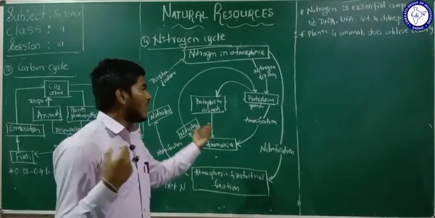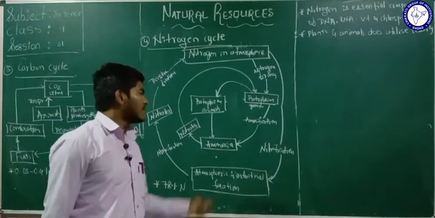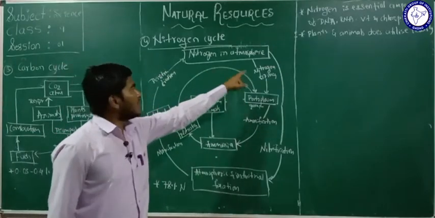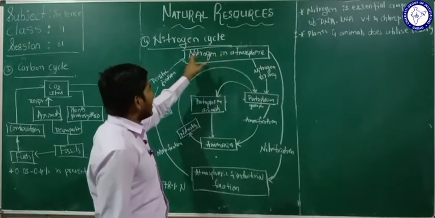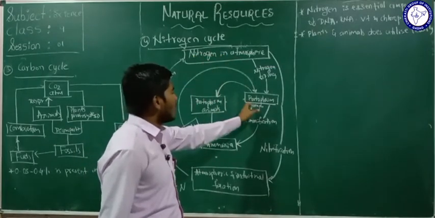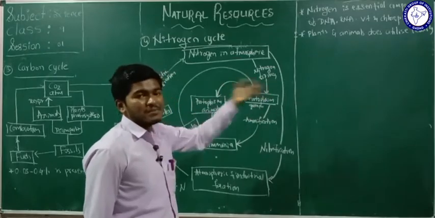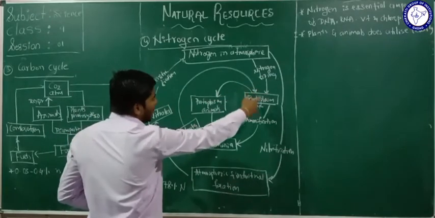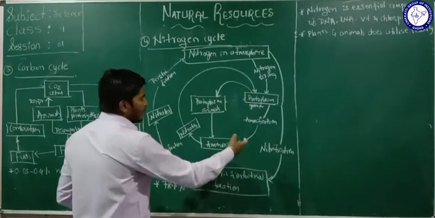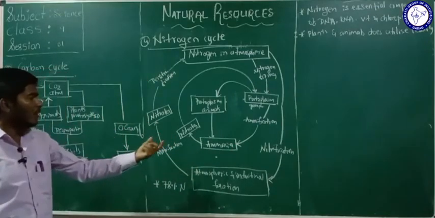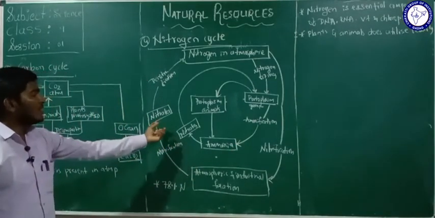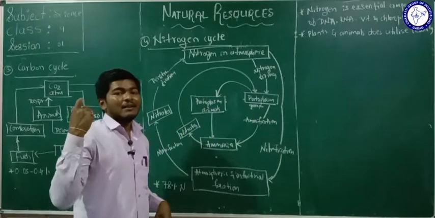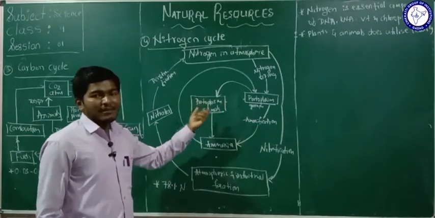That ammonia will be utilized by the plants, and the process is called ammonification here. During the protoplasm, what happens? Some of the nitrogen fixers utilize the nitrogen which is present in the atmosphere. In the protoplasm, in the green plants, they absorb the nitrogen by the nitrogen fixers called rhizobium, and that absorbed nitrogen, after ammonification, gets converted into ammonia, and that ammonia is again utilized by the animals. And also after the protoplasm, those nitrogenous compounds are utilized by the animals with the help of